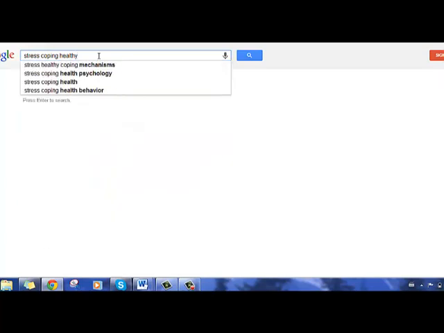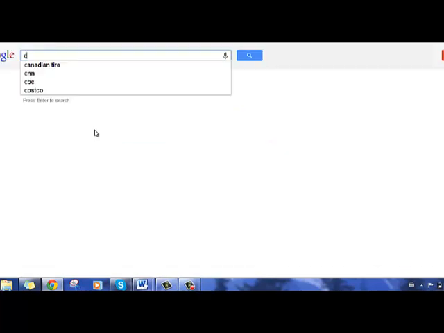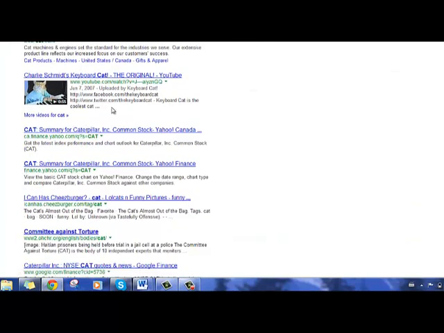And I am going to use an example a little bit different than the one we started with because it does a very good job of representing how eliminating certain terms can help with your search. So the term we are going to look up is cats. So when I say cats, you can think of a few different ones, but I'm going from the perspective that I want to research about house cats or pets. So after I search cats and I scroll down, you'll start to see there are many types of cats coming up in this search. So we have results related to the domestic house cat,